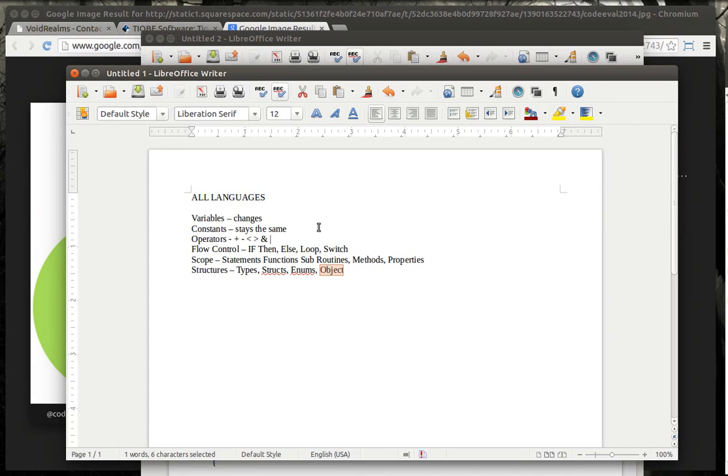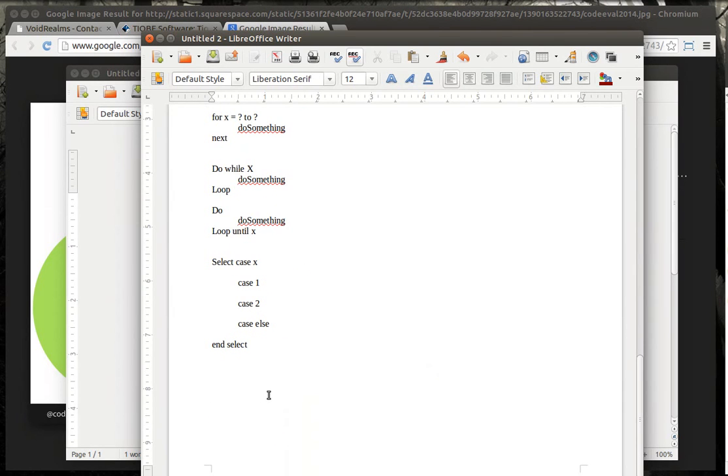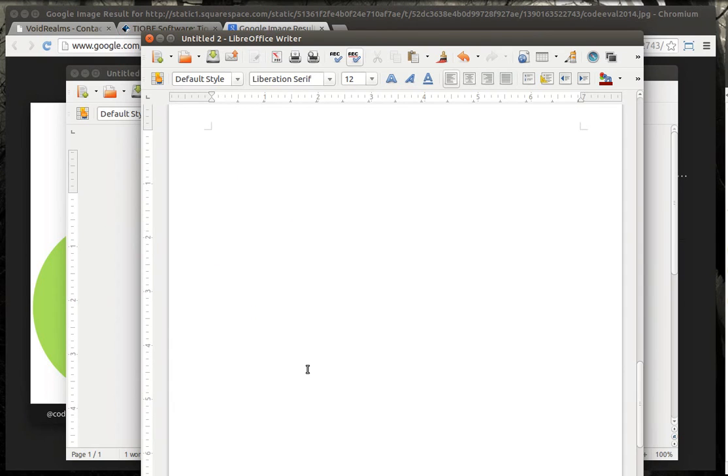Now, an object, and let's actually just kind of go through here. If I could spell object. An object is just a scope. That's all it really is. We've talked about scope, and we're just going to say the simplest form of object is called a class, and we'll give it a name, and then it's got some type of scope. Now I'm using the curly braces with the C style because it's easier to see where the scope is. You've got your start of scope and your end of scope.